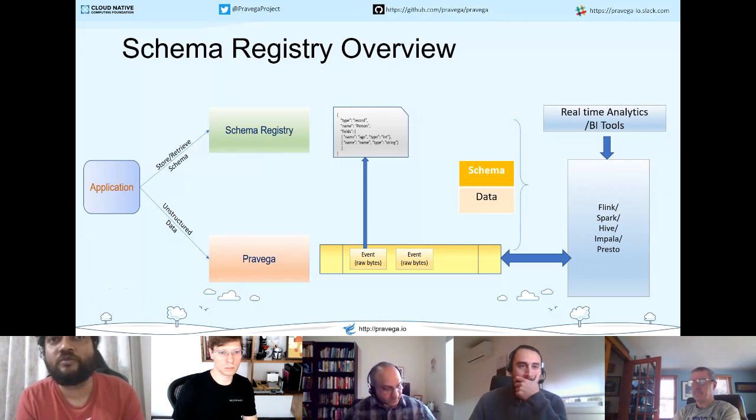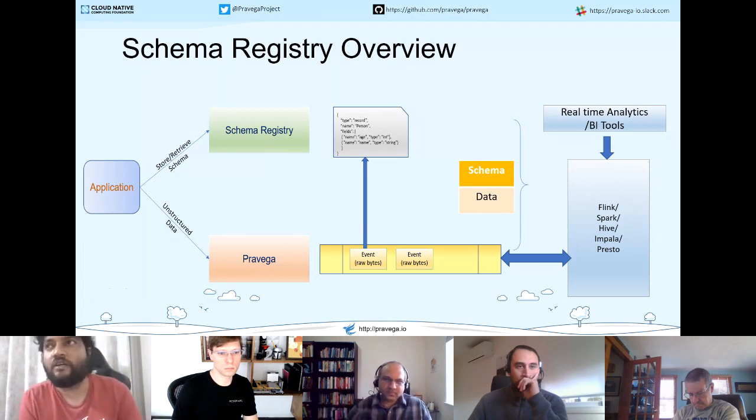But Schema Registry allows you to manage the schema and evolve the schema with respect to the compatibility policy that you want to choose for your data in Pravega. So for example, if you want backward compatibility, logically, the way to think about it is you've got the reader, which, if I have to draw the analogy, think of it as the server client model, where the Pravega reader is the server and the Pravega writer is the client. The writer is initiating a request, and the reader is supposed to make sense of it, consume that data, right?